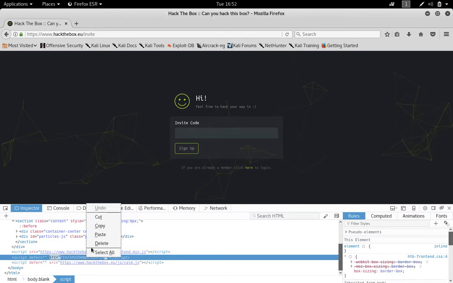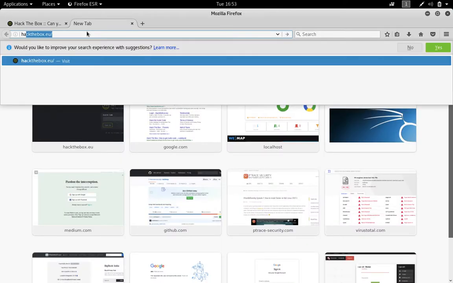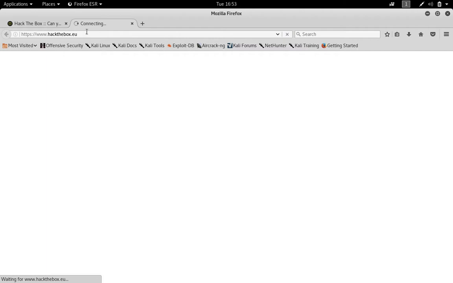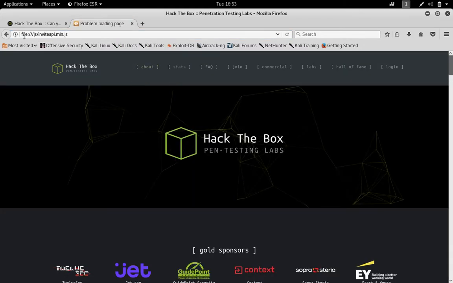Hope you can see that, guys, that js slash invite api dot min dot js, that JavaScript file, has that address. All right, so we need to copy this address and open another tab. Now we need to just type hack the box.